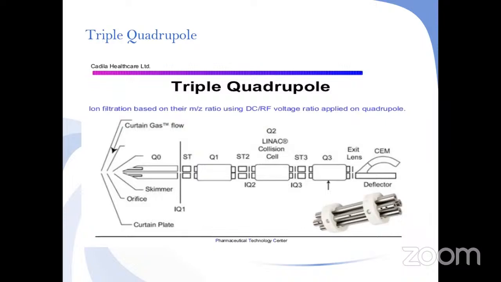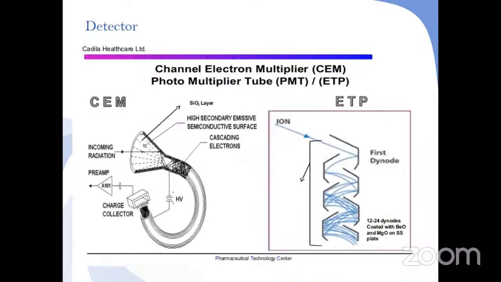The next slide will explain the detector, as a channel electron multiplier as in SEM, and photomultiplier. In the previous slides we explained the detectors. All these slides were explained previously. I'm showing each one from the diagrammatic point of view. Again, I am summarizing the detectors. So SEM and ETP, channel electron multiplier and photomultiplier tube. PMT, we regularly hear the word photomultiplier tubes in the previous spectroscopic methods also. Here also we are getting this ETP as a photomultiplier tube and channel electron multiplier. So based on this